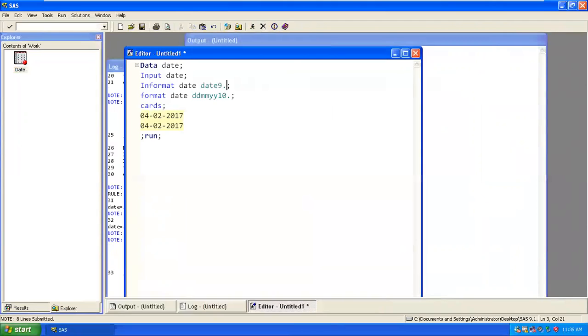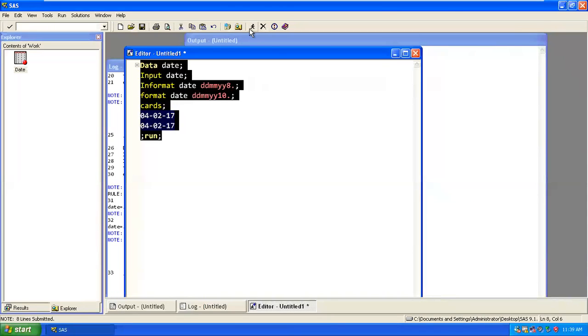So I'll say this is nothing but your DDMMYY8. dot. If you go ahead and count 1, 2, 3, 4, 5, 6, 7, 8, 9, 10, it is 10 because we are putting this. The same will work. If somewhere this is not there, then you need to apply this for a 2 digit year, so you can apply DDMMYY8. dot. Okay, now it will work. Now if you go ahead and execute, you'll be able to get the results.